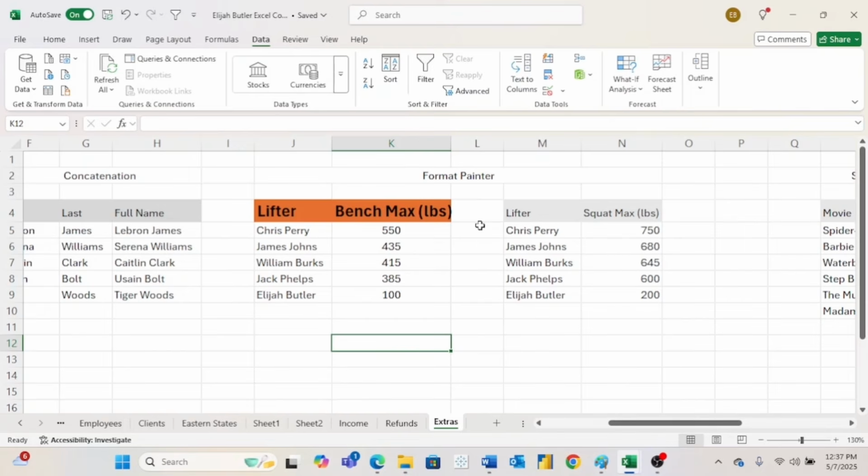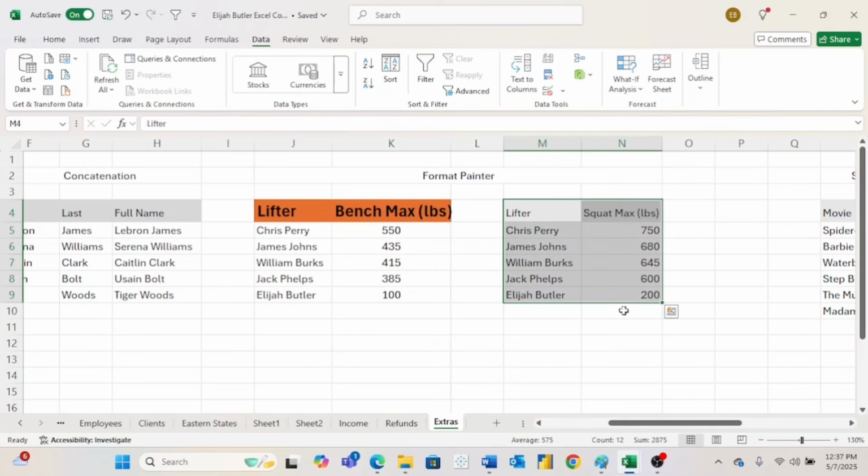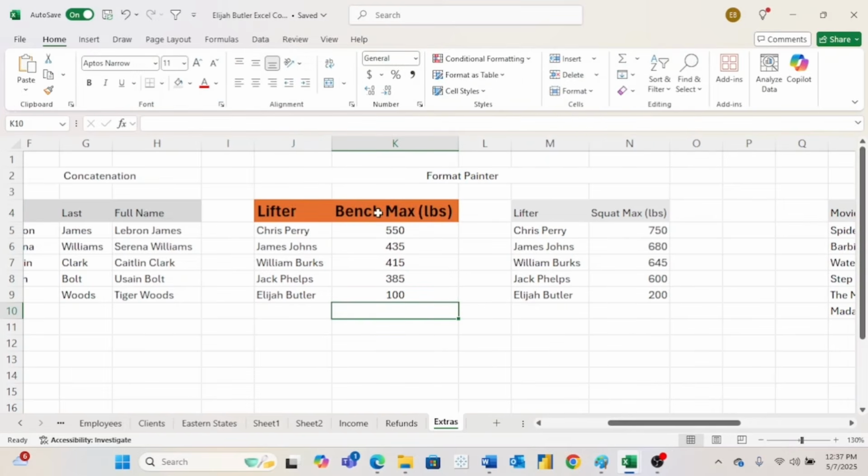Function number 3 is Format Painter. In this problem, we have this table right here that is formatted just as we'd like, and we want to apply that same exact formatting to this table right here. As you can see, we have this header that is bold, the words are really big, and you also have some orange highlight in there. Obviously, it wouldn't take us too long to go ahead and do that manually over here, but there are some times where it would take some time, but all we need to do this in less than 5 seconds is